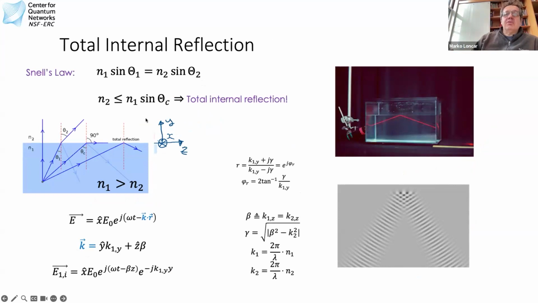This is the phenomenon of total internal reflection, where light is traveling in a medium with a high refractive index, a medium that slows light down more. Due to Snell's law, which describes how light bends at this interface, you can be in a situation